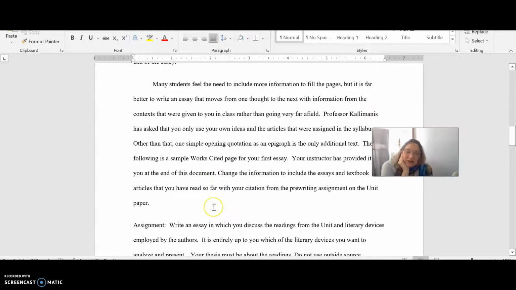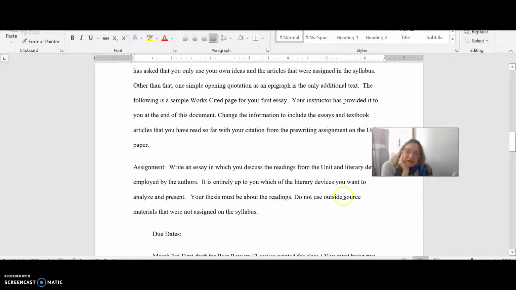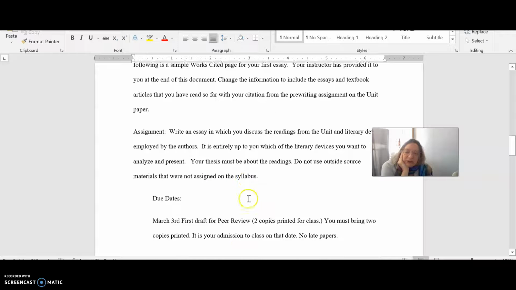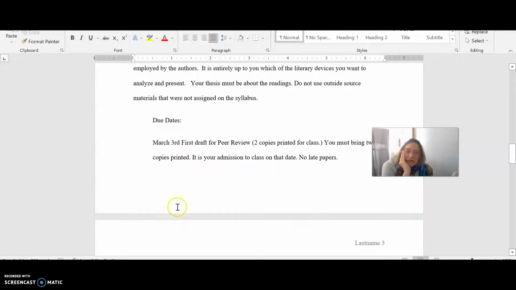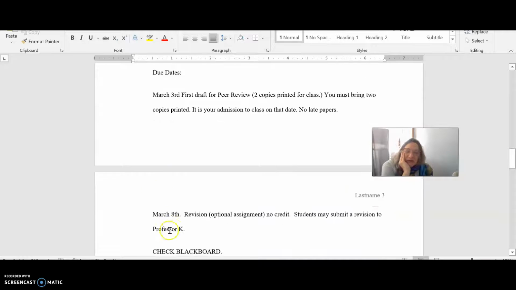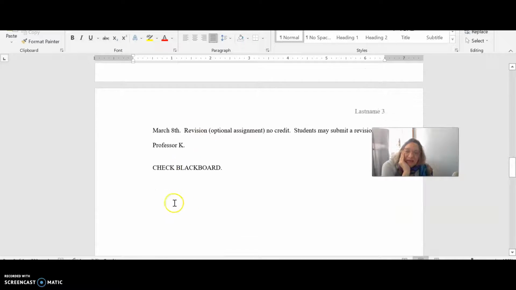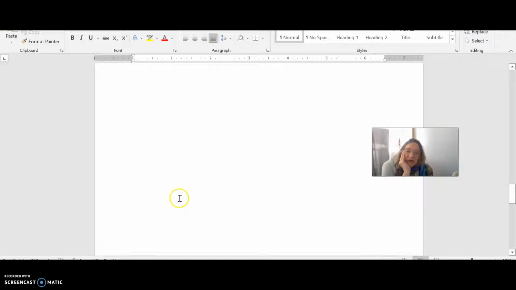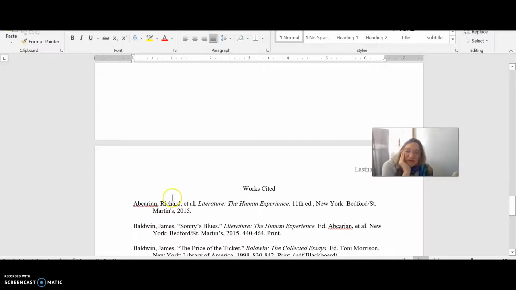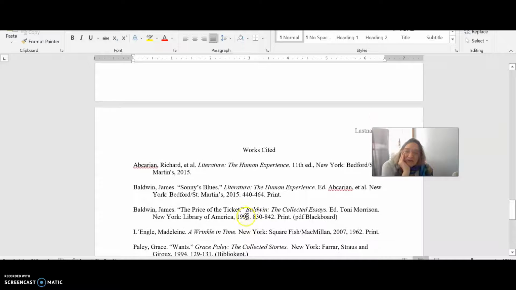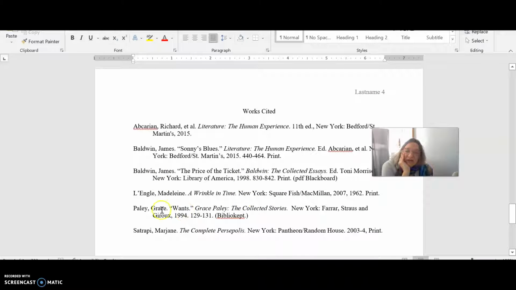As you scroll down, here's the assignment for the first paper. Now the due dates, I have to double check on those. That may not be right, so don't get freaked out by that. But here, keep going down, and look, here's the works cited. This is our textbook. And these are the stories that we're reading and everything for the first